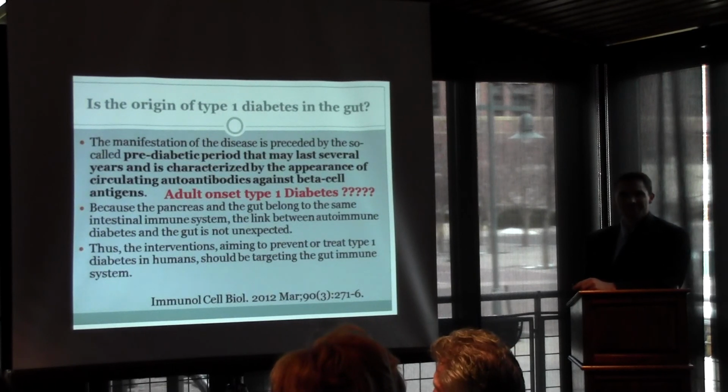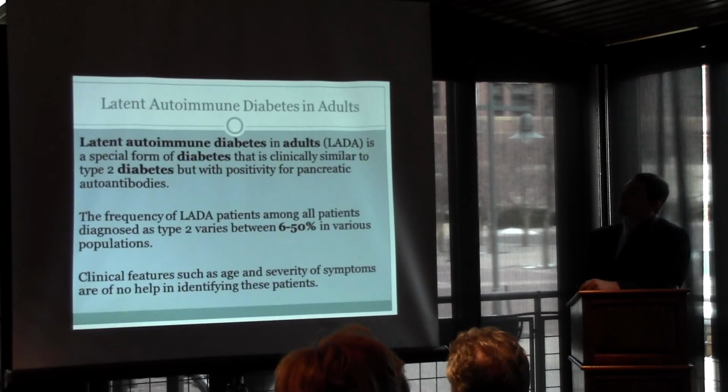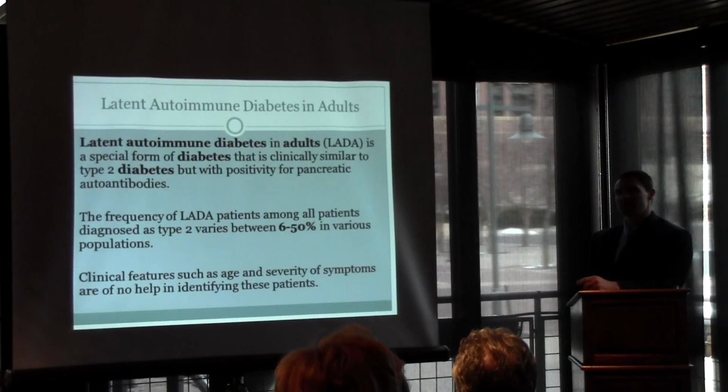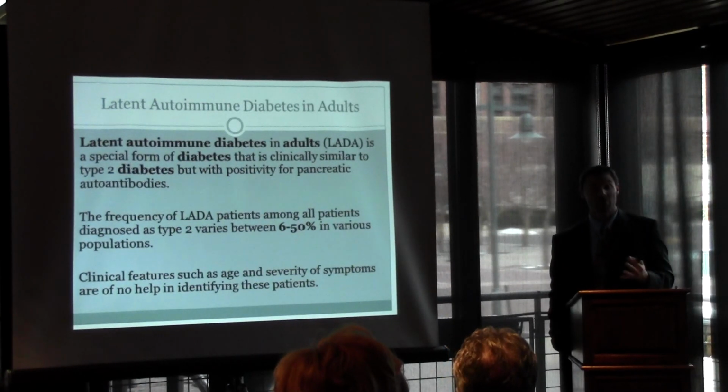So this is getting to the point where the literature a lot of times will say, well, it may cause this or there's a potential for it to do that. That's not really one of those statements. It's saying you need to check this. You need to begin to think about this. And here's what the actual name in the literature has become. It's latent autoimmune diabetes in adults. And it's a special form of diabetes that's clinically similar to type 2, but positive for pancreatic autoantibodies. So there is a difference there. As pretty much all of us have learned type 2 diabetes, we don't think about anything with regards to the immune